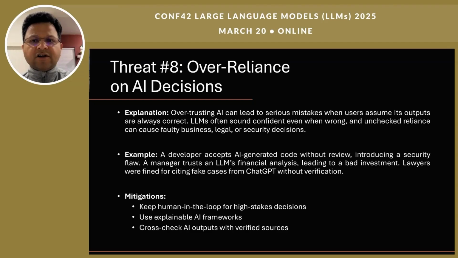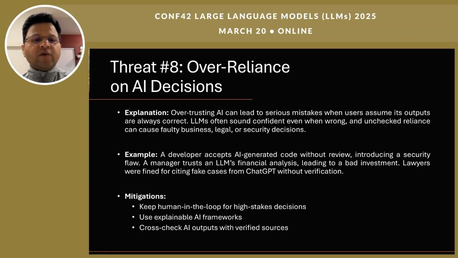If developers or users trust these outputs without verifying the facts, serious mistakes can arise in critical areas such as healthcare, legal advice, or financial planning, or even software development. Hallucinations become especially dangerous when there is no human verification step. For example, a coder might merge AI suggested code into production without security reviews, introducing severe vulnerabilities.